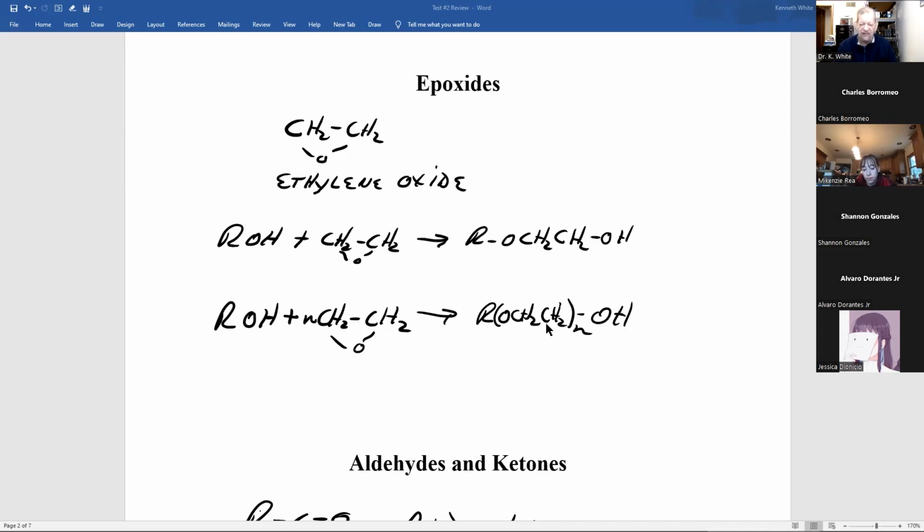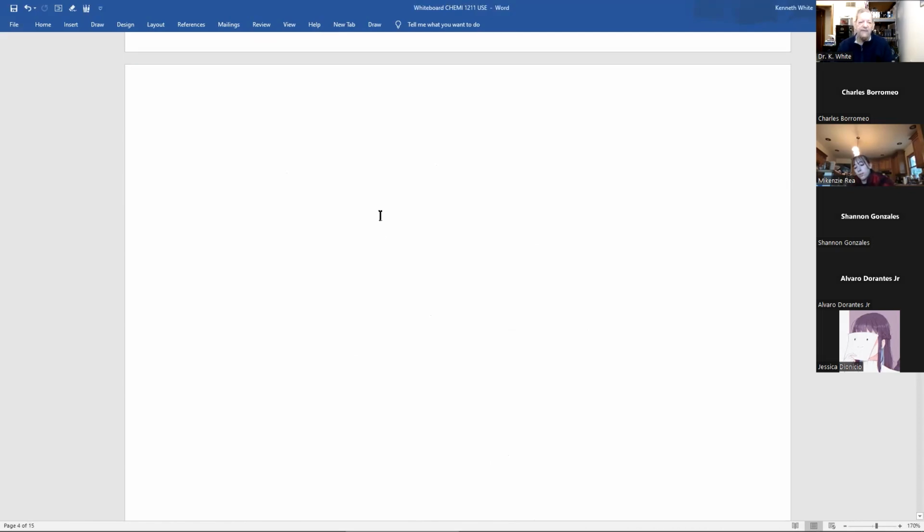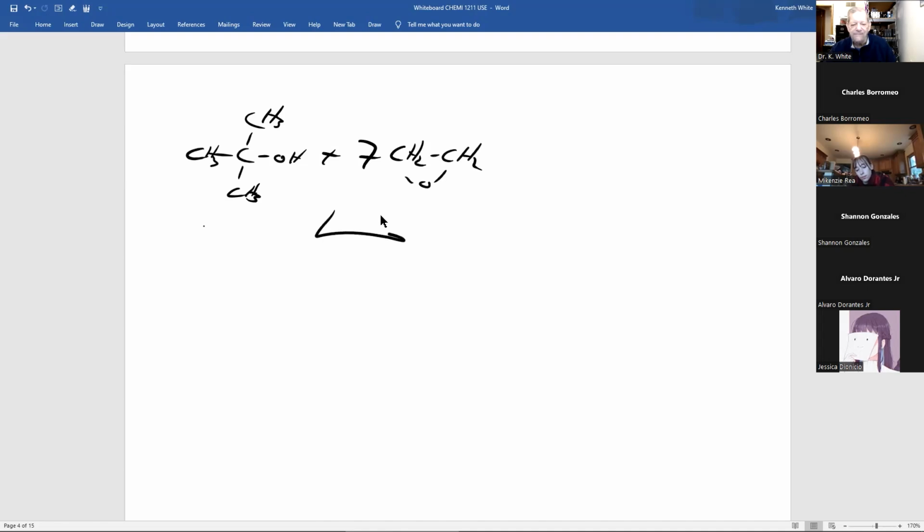Now, this is one of the reactions, or pair of them, that I will never give as a synthesis problem, but I can give a regular problem. And the question would be, give the organic product or products for the following, 3 points each.